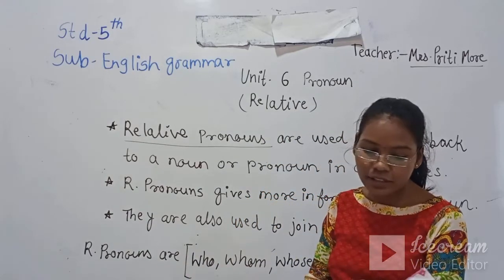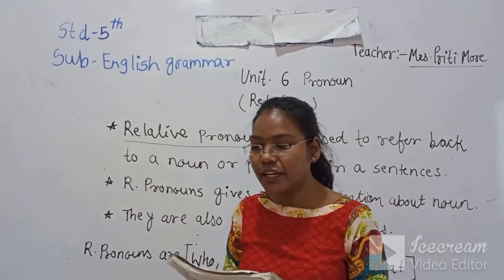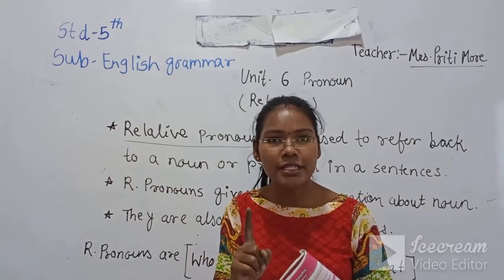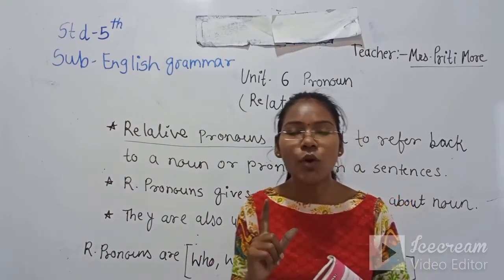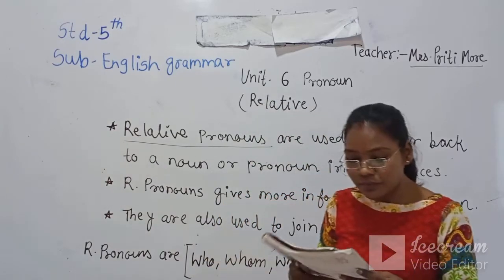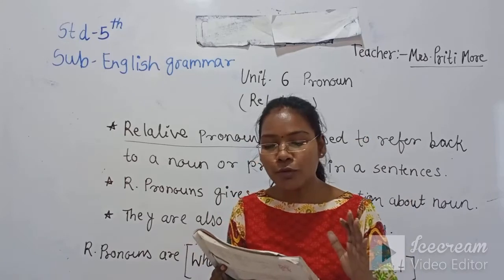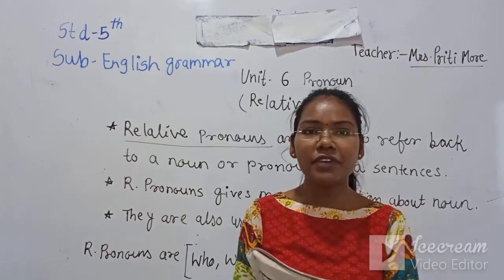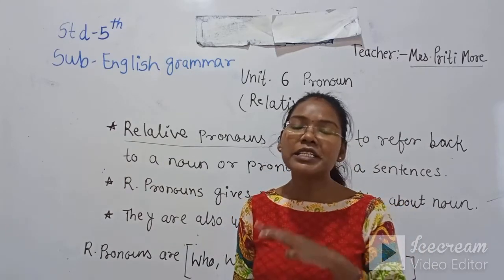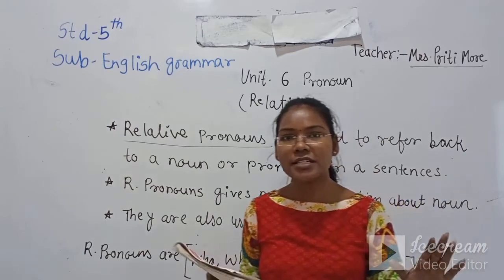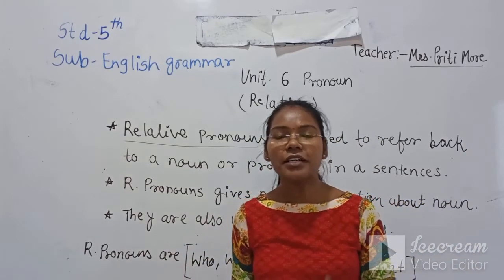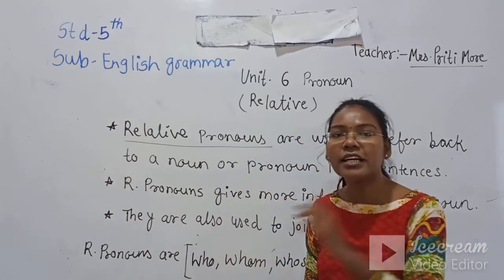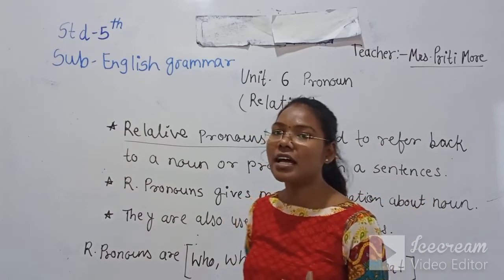Reflexive pronoun we have seen, right? What is the reflexive pronoun? Where the subject and object both are the same person, both are one person, is called the reflexive pronoun. And what kind of reflexive pronouns are there? Like myself, ourselves, yourself, yourselves, himself, herself, itself, themselves. All this we have seen according to the first person, second person and third person. If the subject is singular, then which reflexive pronoun we should write according to the subject? That everything we have seen in our last video.